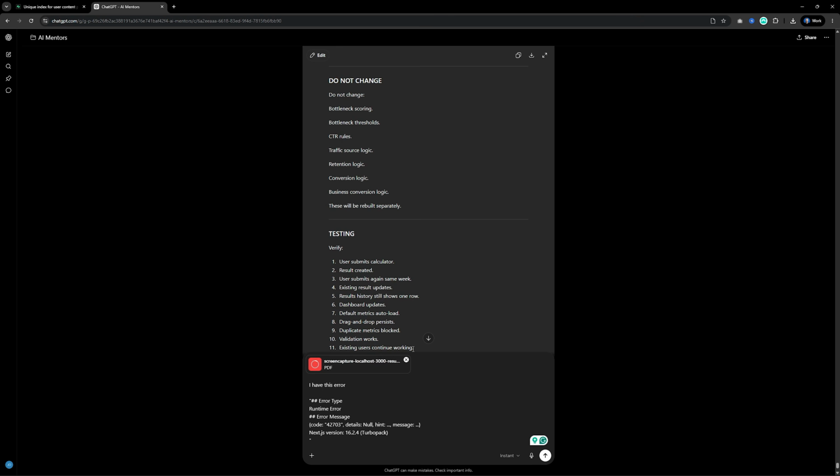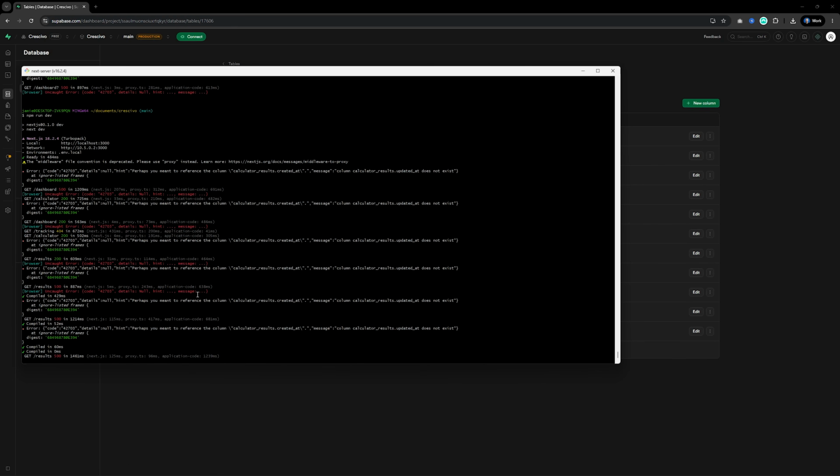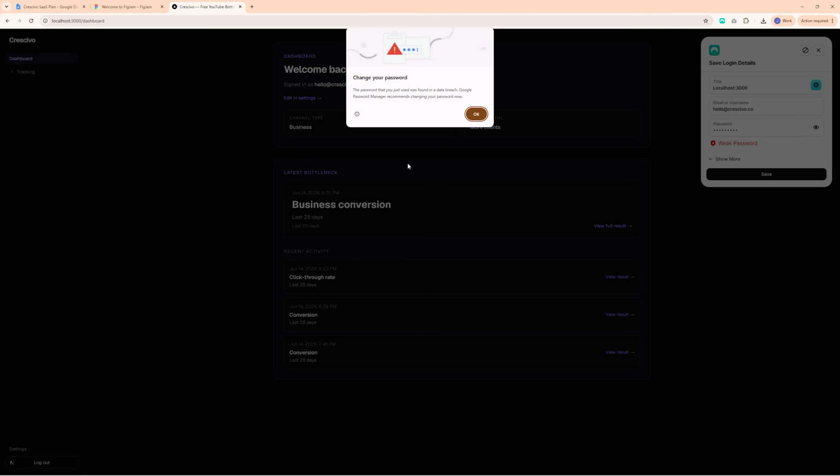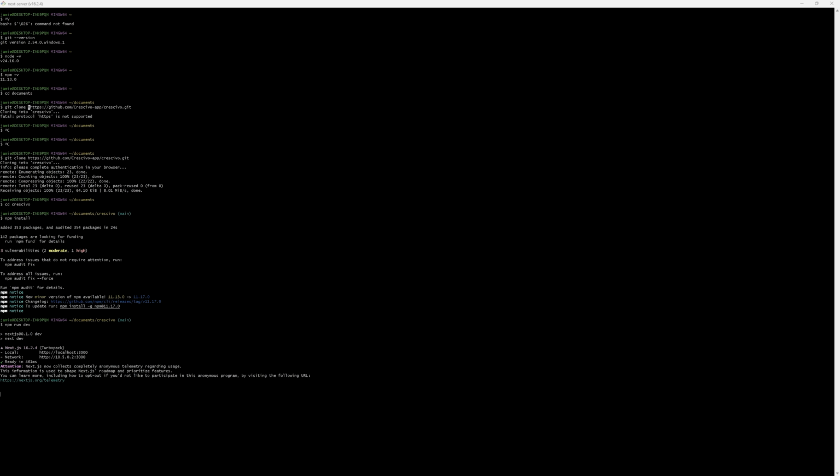However, ChatGPT did. I described the problem, got a fix, ran the query in Supabase, and that was it. I was back. Seeing the dashboard load again after a sudden panic attack was genuinely one of the best feelings of relief I've had in a long time, because up until this point, I did not back up any of this work.